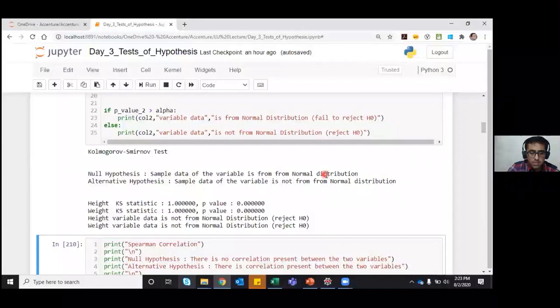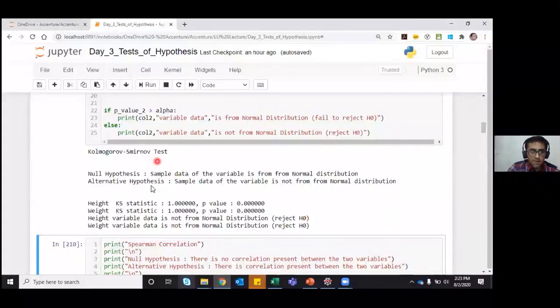Because our p-value is less than 0.05, we have got the statement that the height variable data is not from a normal distribution, and we reject the null hypothesis.